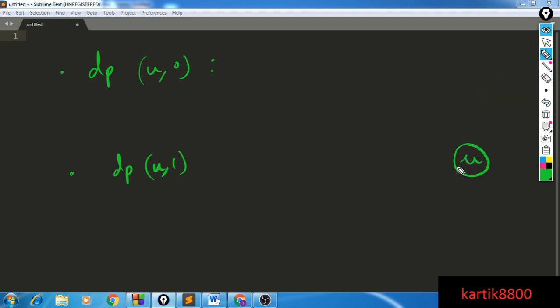Okay, so dp of u would mean the maximum possible size of matching that I can select. And dp of u comma 0 means that I do not select any edge that has its endpoint equal to u, and dp of u comma 1 would mean that I do select an edge which has the endpoint as u.